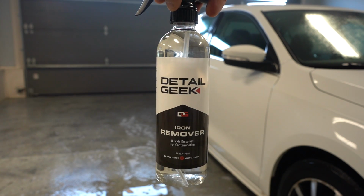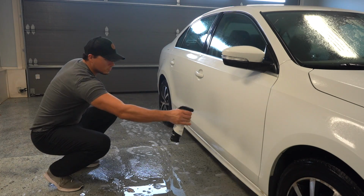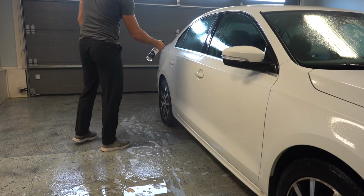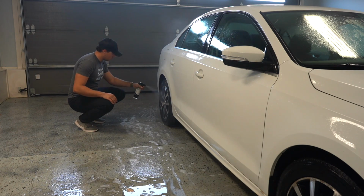Okay, with the car wash now, I wasn't surprised to see that there's quite a bit of iron contamination all around the vehicle, so I'm going ahead and spraying on some of my Detail Geek iron remover, which is available on my website at detailgeekautocare.com, and that's going to quickly dissolve the iron particles, turning purple while it does,